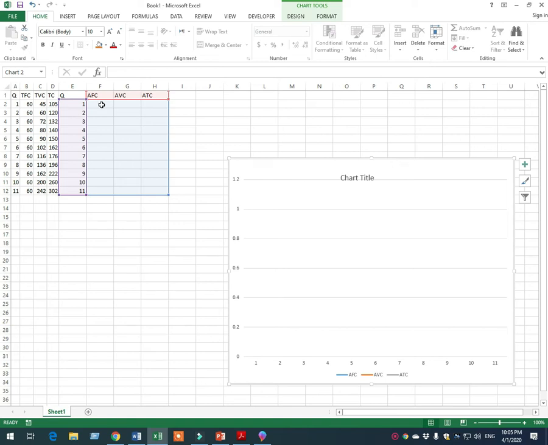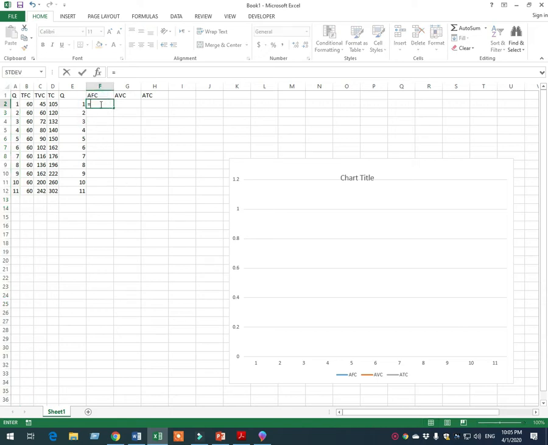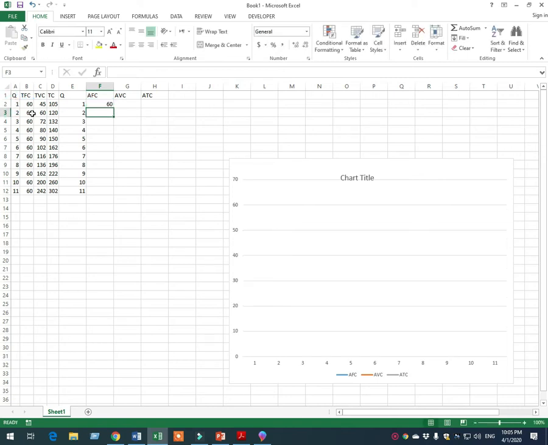Okay, now what is average fixed cost? As I told you in the previous lectures, average fixed cost is the ratio of total fixed cost divided by the quantity of output. So I have this total fixed cost column and this quantity column. So I am just putting in the formula. This is the equal sign starting the formula, and the formula is total fixed cost divided by the quantity. So that is total fixed cost. I am clicking on the total fixed cost column and dividing by the quantity, and just entering it,